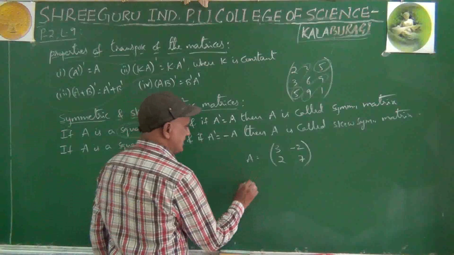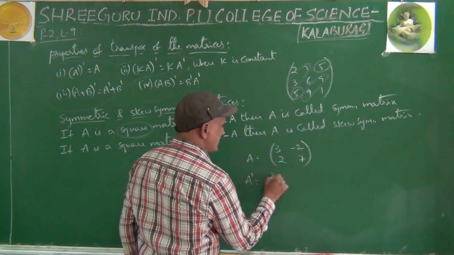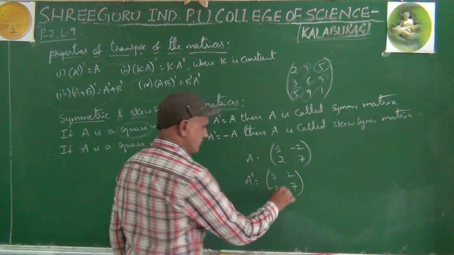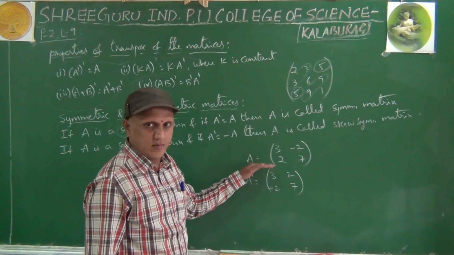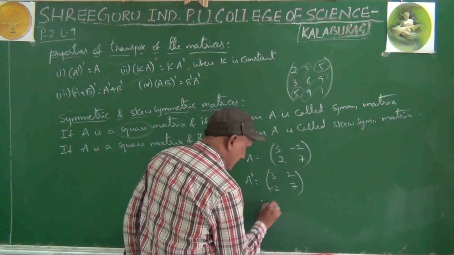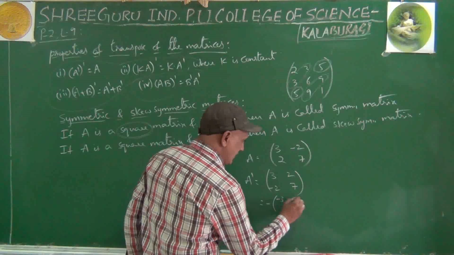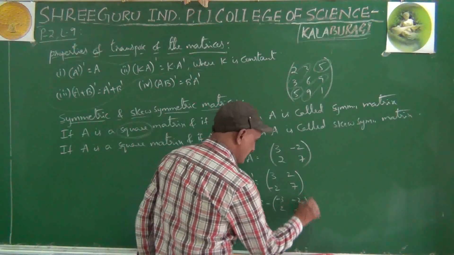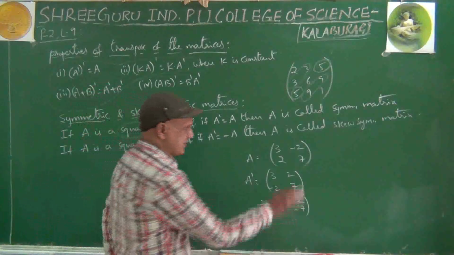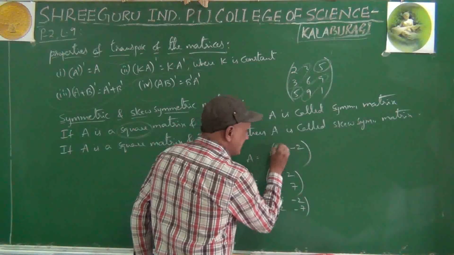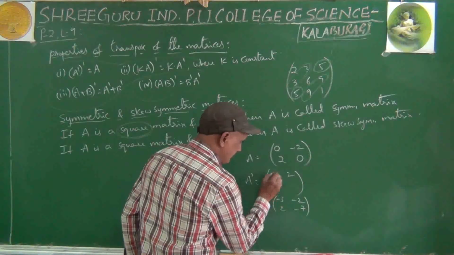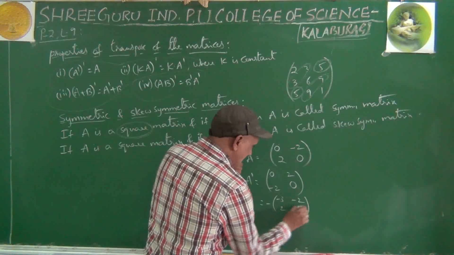For example, this is A. Let us find out A dash. A dash equal to: first row becomes first column, second row becomes second column. Intentionally, I am writing a wrong example to make you understand more clearly. If I take minus common, minus into 3, minus into 2, minus 2, 2, minus 7. Did we get A? No. Then what is the major thing that happens? These should be zeros compulsory. Then only we get it. Means diagonal elements 0.